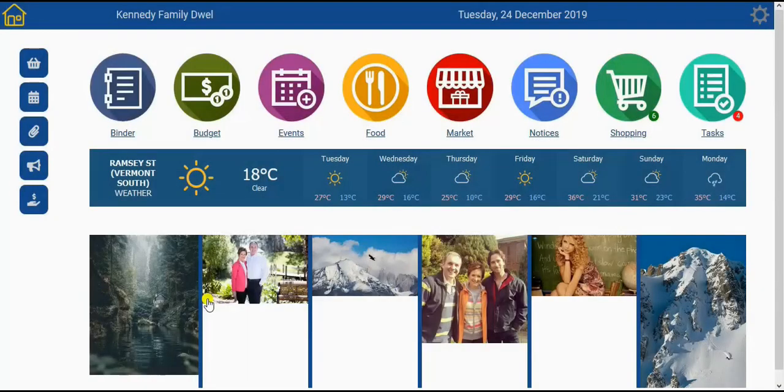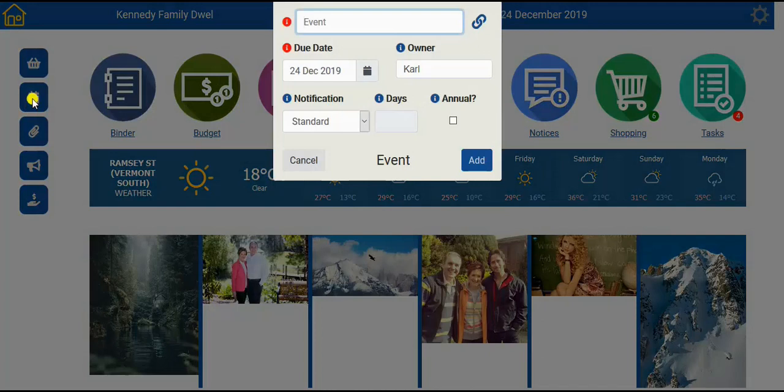There are two ways of adding events. First is from the homepage itself. When you're in a hurry, you can just simply click the calendar button here and begin typing the description of the event. Let's say it's Libby's dentist appointment,